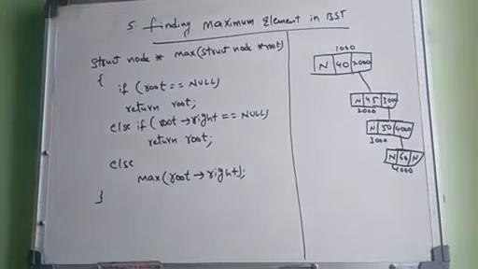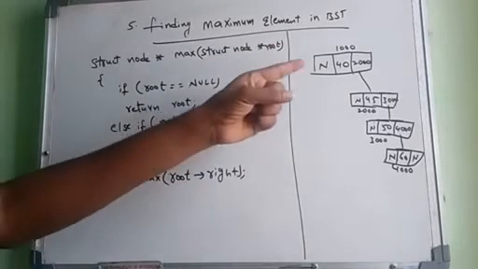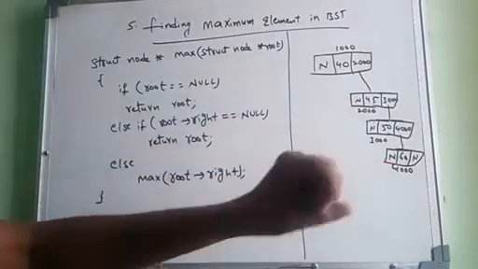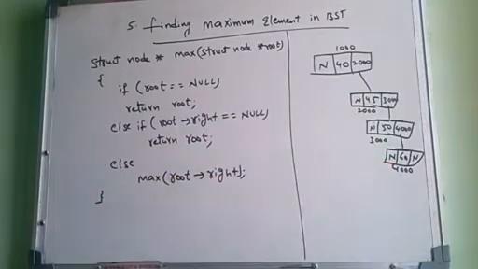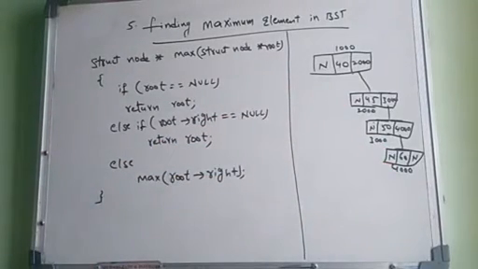So now the last operation in the binary search tree, finding the maximum element. You know very well where the maximum element is stored in a binary search tree. Okay, it's at the rightmost: you can go to the right end of the root, and there you can find the maximum element of the binary search tree.